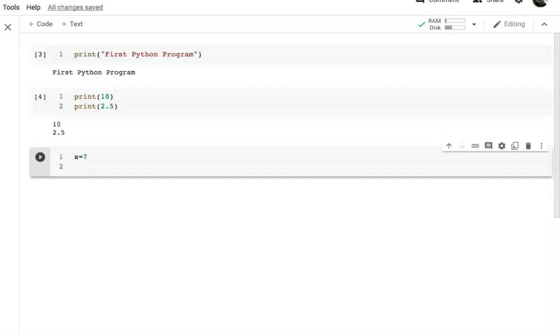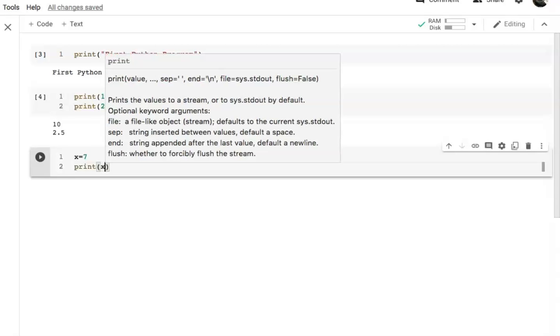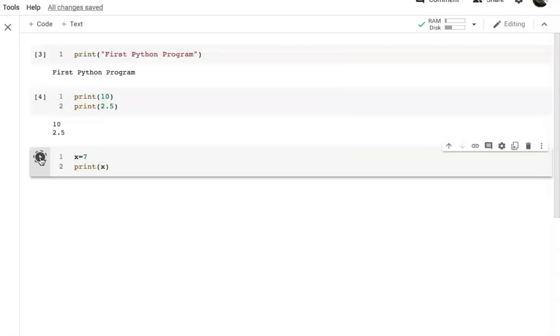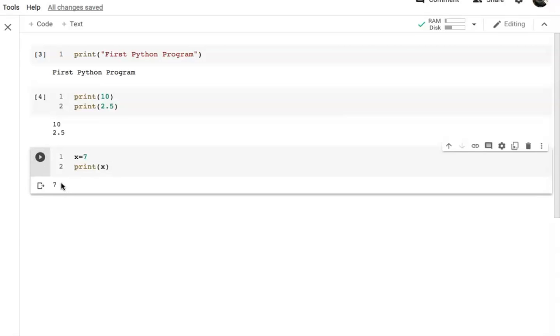Press enter and print this variable. Write print, inside the parenthesis the name of the variable x. When you run this, you will get the value of that variable, that is 7.